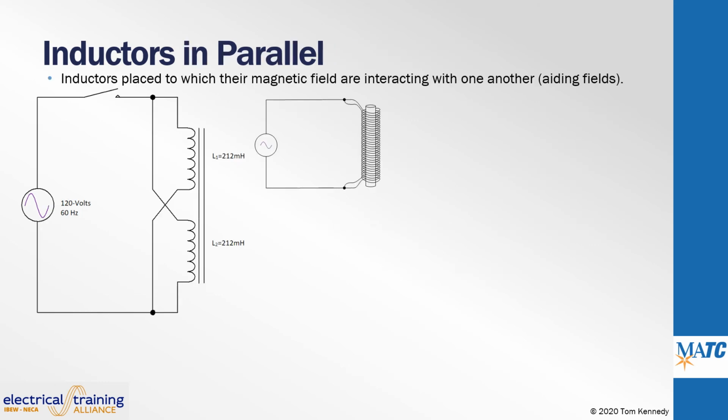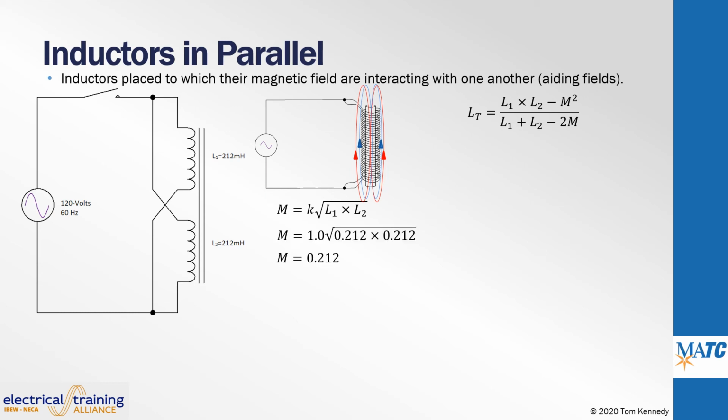This next example is to determine the inductance of 2 identical inductors connected in parallel with a coefficient of coupling that is at 100%. The product over sum formula will need to take into consideration the magnetic field interaction. When the magnetic fields are cumulative, the formula has M squared subtracted from the product and 2M subtracted from the sum. If two 212 microhenry inductors are placed in parallel on the same core to which all of the magnetic fields interact, the mutual inductance M factor is the same as the original coil, and the total inductance calculated with the revised product over sum formula ends up as